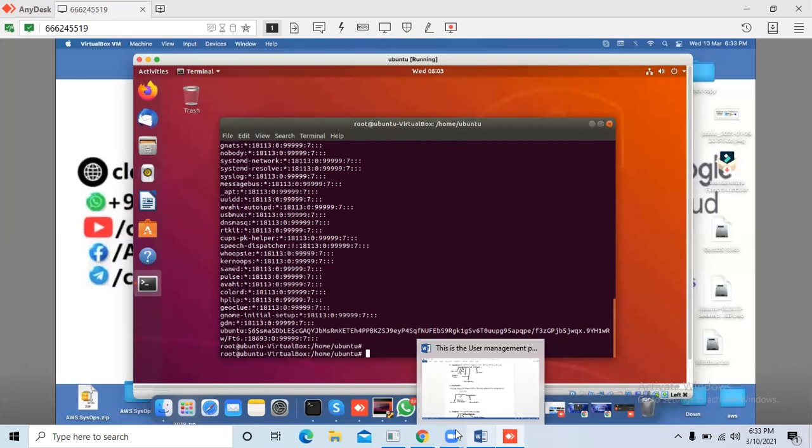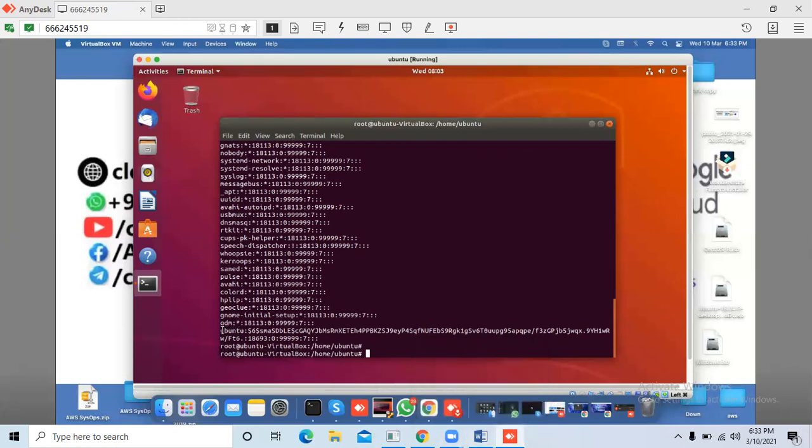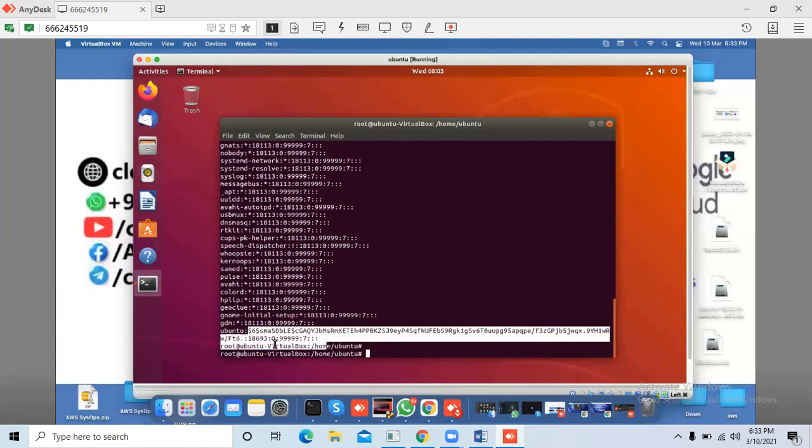Yes. As you can see, I have set a password for the Ubuntu user. That means this is the encrypted form of my password. I need to decrypt it if I want to recover this password.